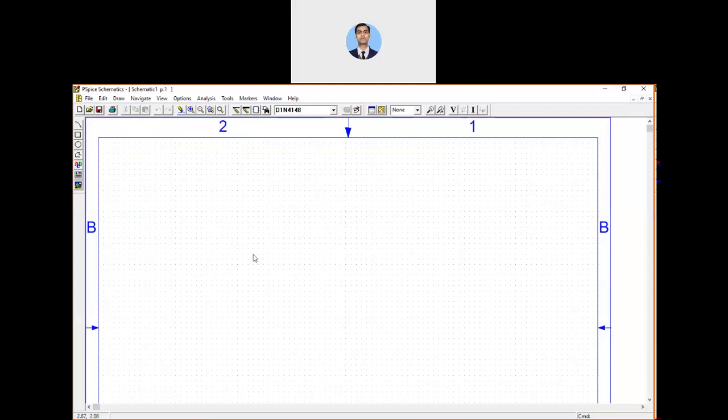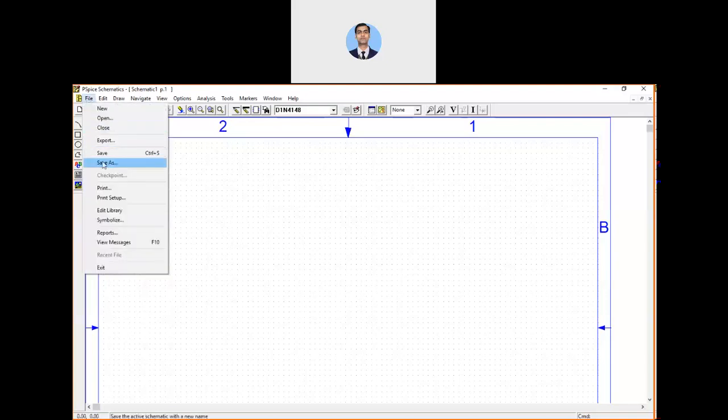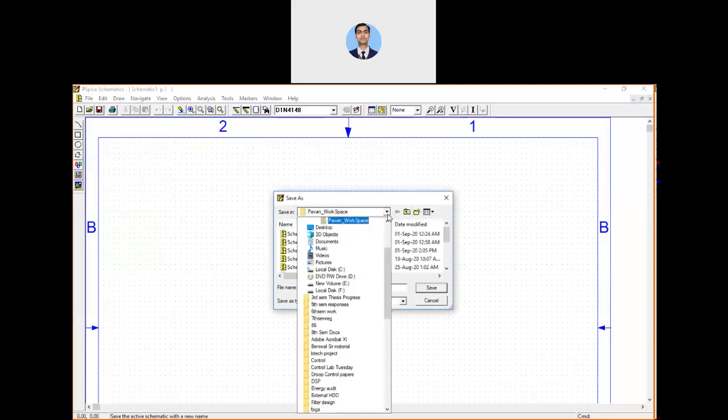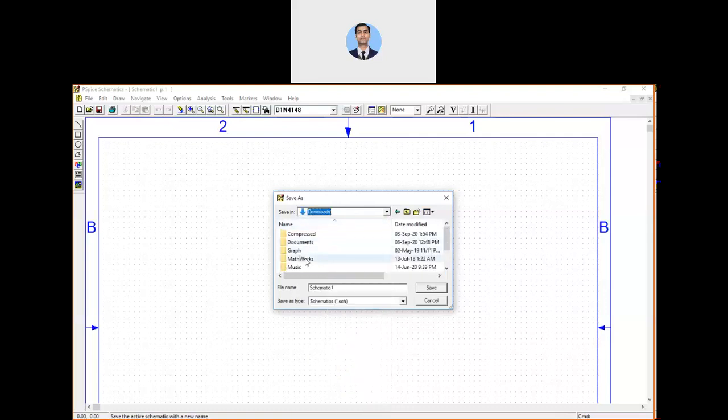So first of all, to create any schematic we have to save it. So let me save it. Save As. Wherever you have created your folder, you can go to that particular dedicated place by locating into this. So let me search programs 9.1 version, which I have created over here.